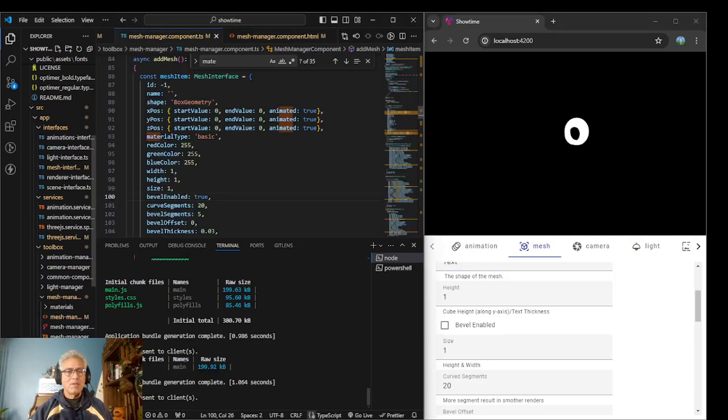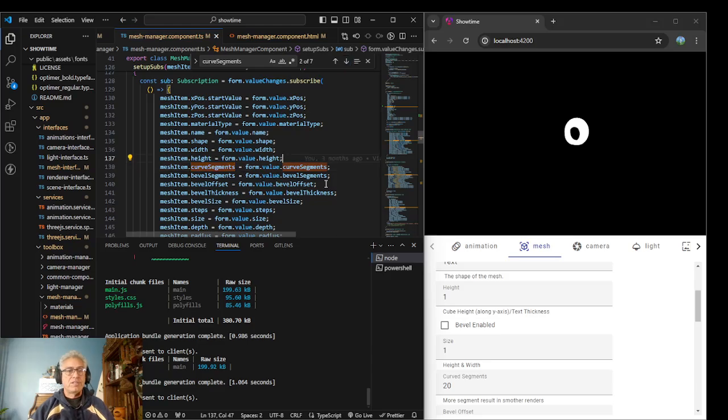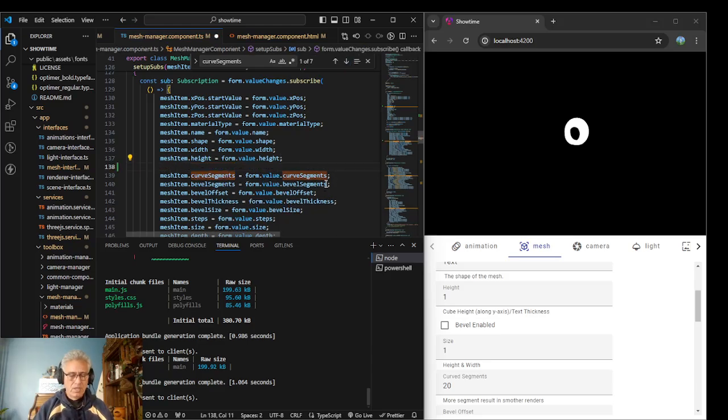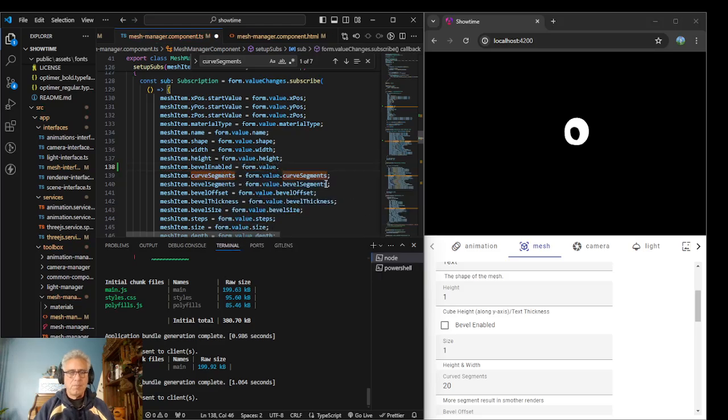And so now we can come in here and do a search. I want to put it before curved segments everywhere, so do a search on curved segments. So this, we go into zombie land, right? Like you're just like, okay, this is how this works. Mesh item bevel enabled is equal to form dot value dot bevel